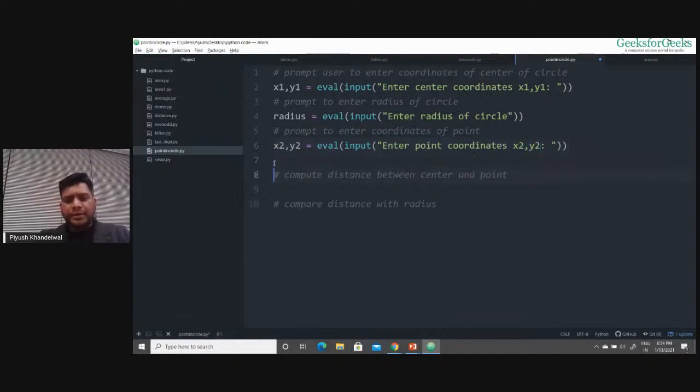After that, we'll compute the distance. The distance, you know the formula: (x2 minus x1) whole square plus (y2 minus y1) square. So how do we do it? x2 minus x1 the whole square, so raised to the power 2, plus y2 minus y1